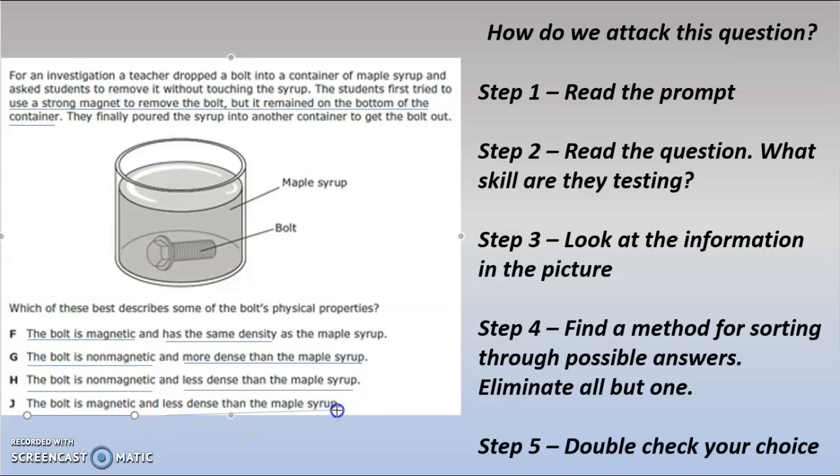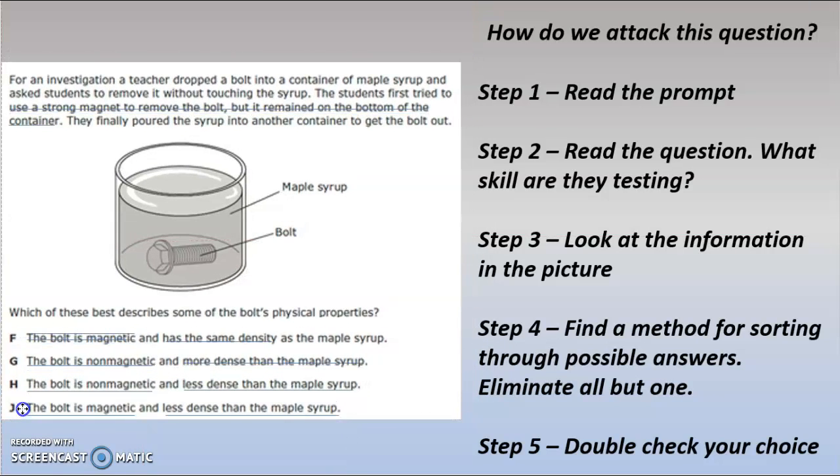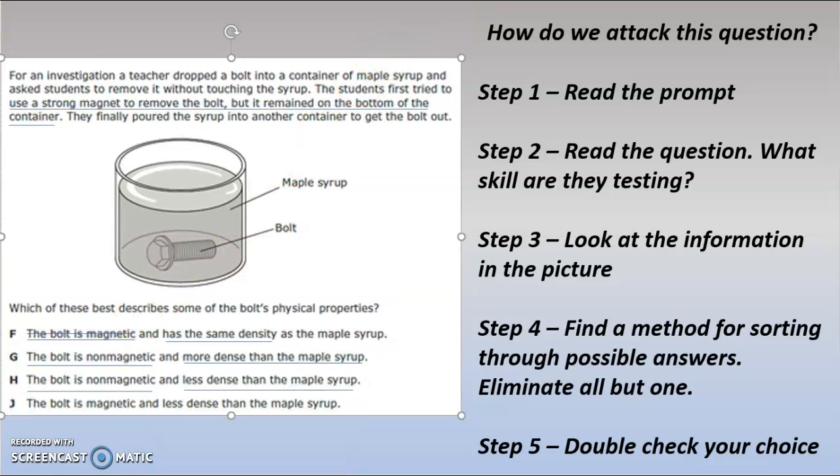Now, the only clue that we have is that the strong magnet didn't work on it. Isn't that correct? It did not work on it. That's the only thing we know. So that allows us to get rid of the ones that say that it is magnetic, correct? We can get rid of F and J because the one clue that we have says the magnet didn't work on it. So now the only other thing that you can talk about is whether or not it's more dense or less dense